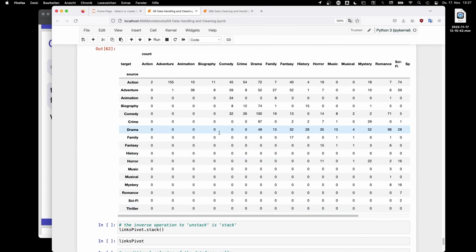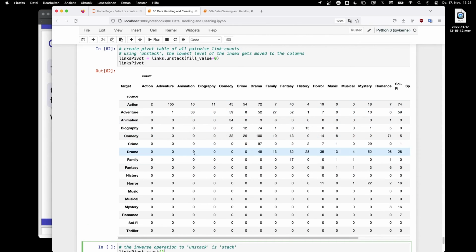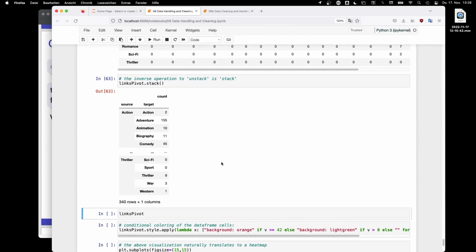Yeah, there's only one order, and typically in those pivot elements, if I have an entry like crime family versus family crime, that would be the same information. So very often you see this mirroring effect in those kinds of visualizations, depending on the attributes. Okay, so in pandas this is called an unstack operation, and the inverse is a stack operation, which brings you back to the original